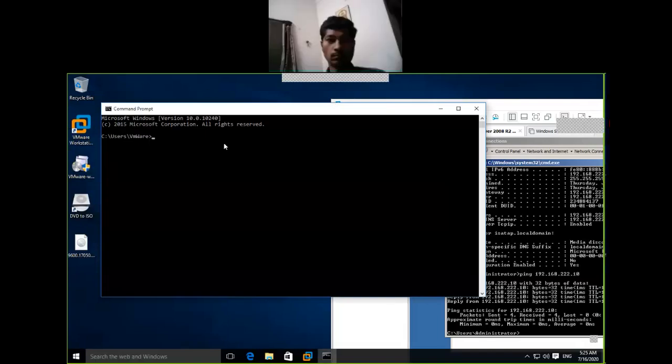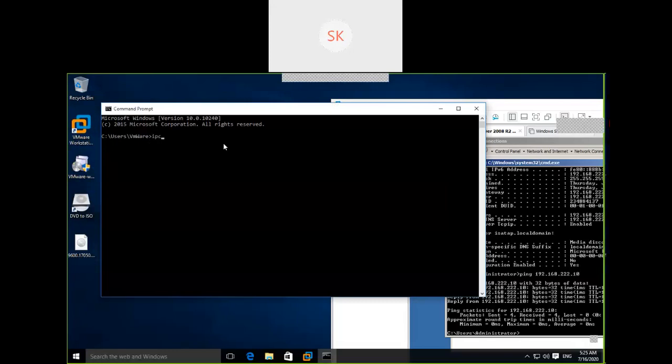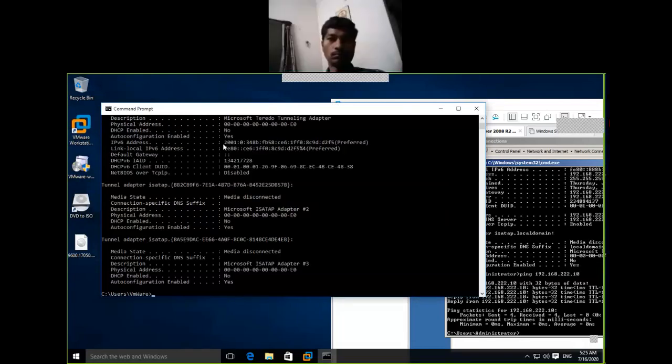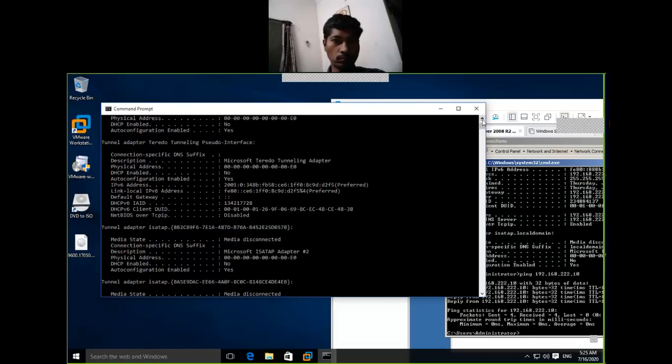Okay, first we need to identify what my system IP is. Is it my dynamic IP or static IP? What is the command? ipconfig /all. Everyone give it a try. Is it DHCP or static IP?